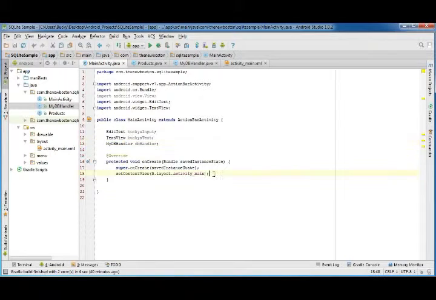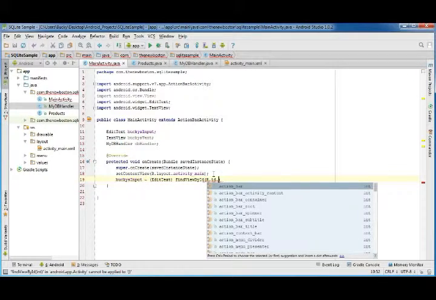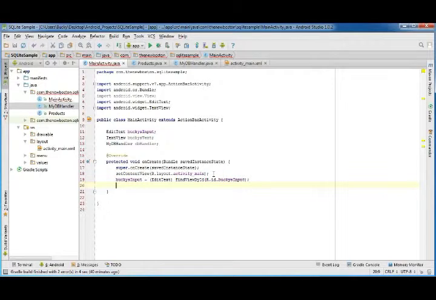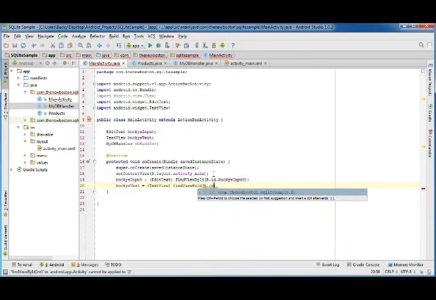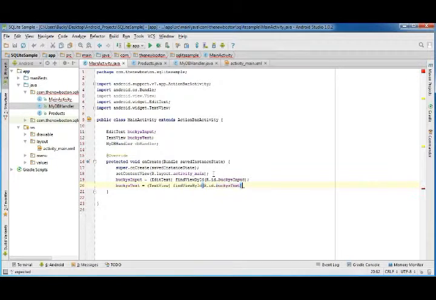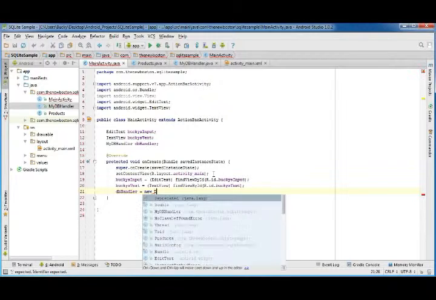Alright, so now let's go ahead and on create and do the housekeeping stuff. So Bucky's input, set this equal to edit text, find view by ID r.id dot Bucky's input, and the same thing with Bucky's text equals text view, find view by ID r.id dot Bucky's text. Now after this we need to set our DB handler object, and of course that's equal to new,